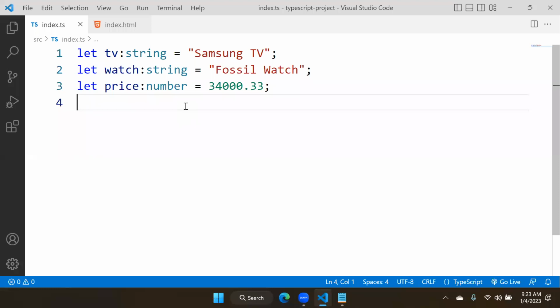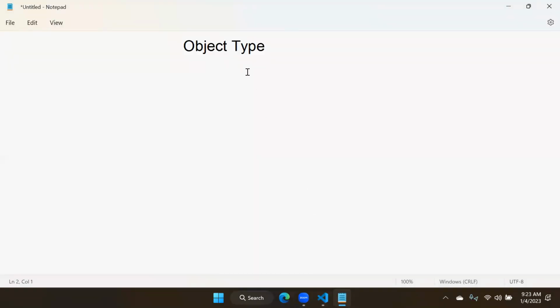It doesn't belong to any of those because there is no relation here. There is no relation between these products and the price. The price doesn't belong to either TV or watch. All are independent. So the concept of object is nothing but, actually, object is used to keep all related data